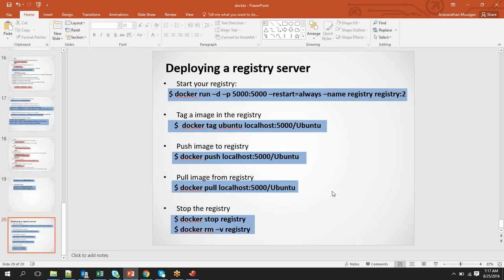So just like Ubuntu, which we saw, the registry is a specific image available in Docker, which will help us set up the registry server. Now, if you see, I'm giving this option as registry colon 2. The first thing here is that registry is the name of the image, and 2 is nothing but the label attached to it. Because whenever you are trying to change an image and push that,